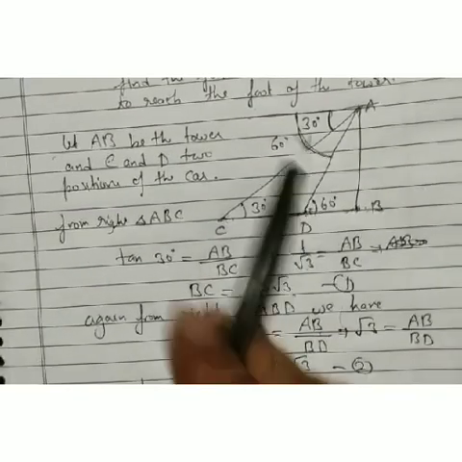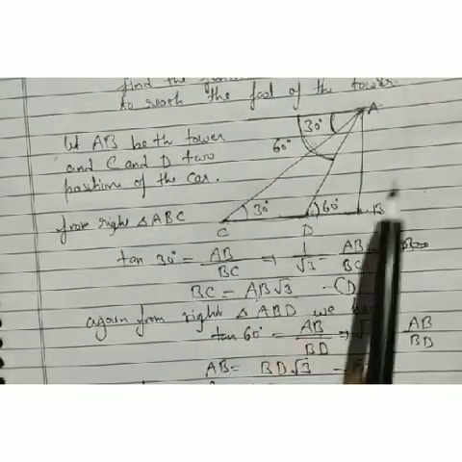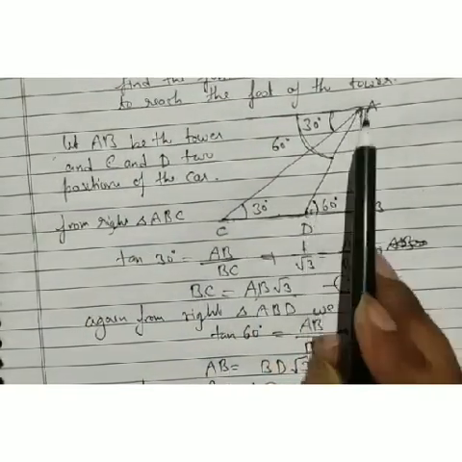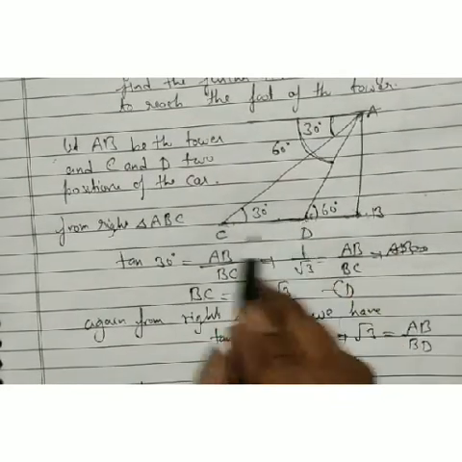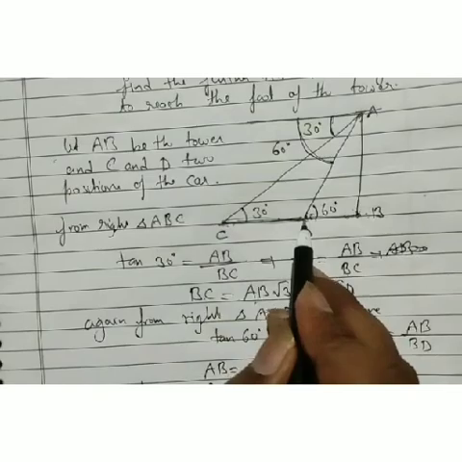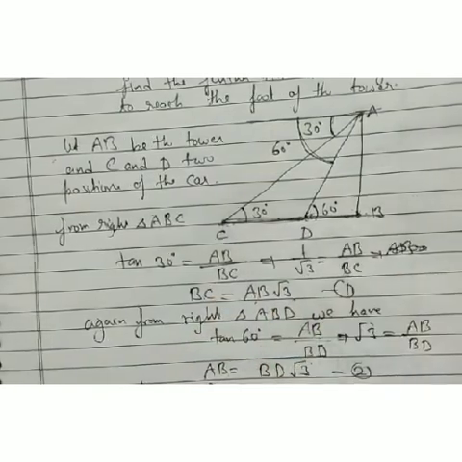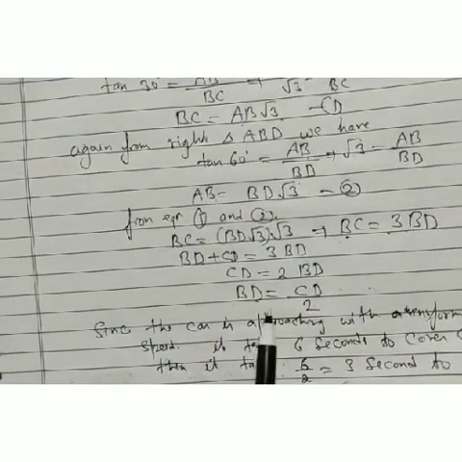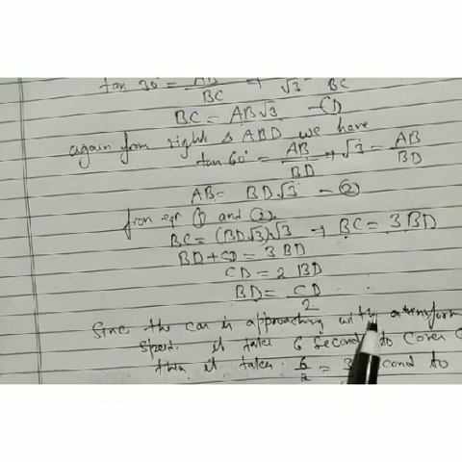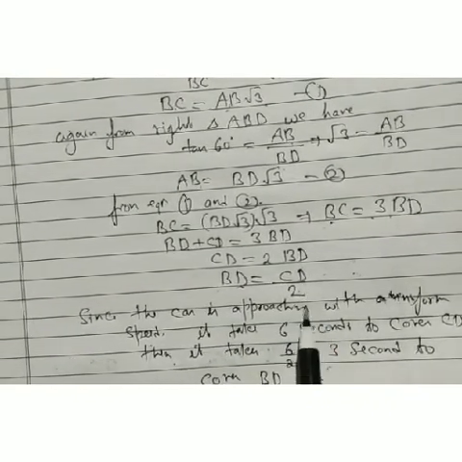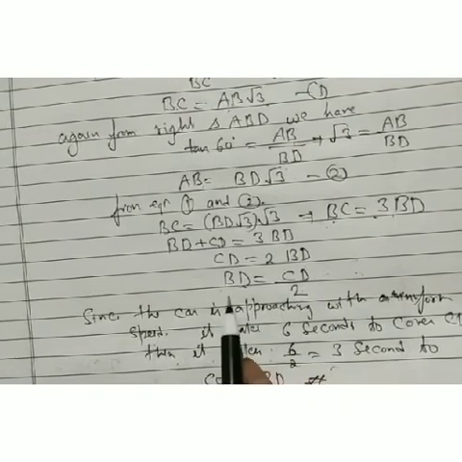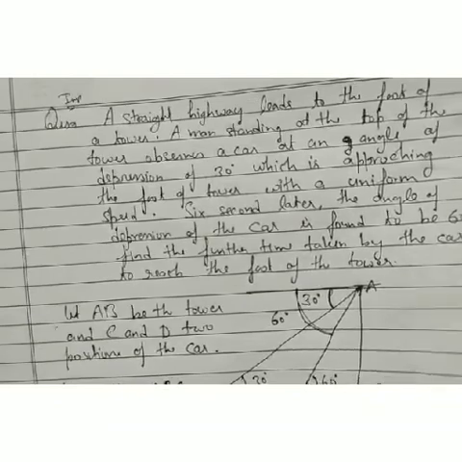We have drawn a figure about the information, the depression angle. We have taken the angle ABC, the complete angle, then ABD. To find the time, we make a relationship between distance CD and BD. We get that BD is half of CD. Since it takes 6 seconds to cover CD, it takes half of the time, which means 3 seconds, to cover BD. Now we are going to move on to our next problem.